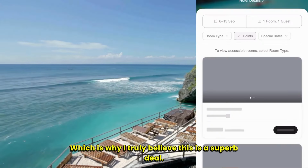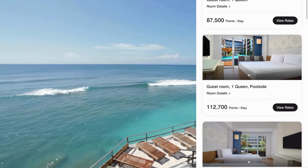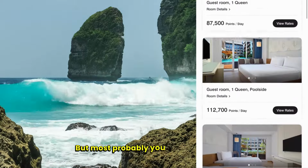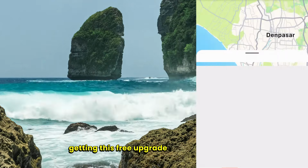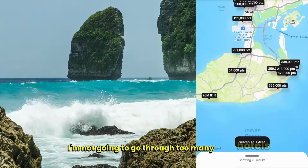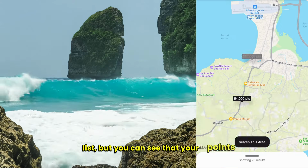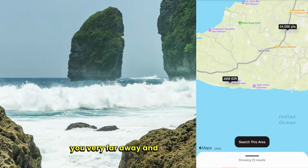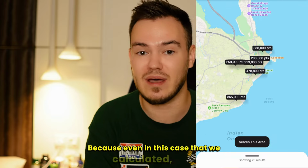a superb deal. And you can choose whether you want a queen, a 2-bed, or you want to upgrade as well, but most probably you will be upgraded because you are getting this free upgrade with the Gold Elite status. I'm not going to go through too many hotels on that list, but you can see that your points can take you very far and at a very good cost, because even in this case that we calculated,